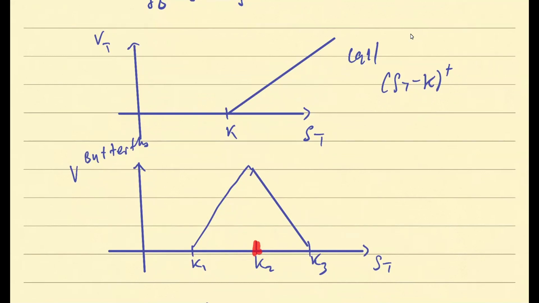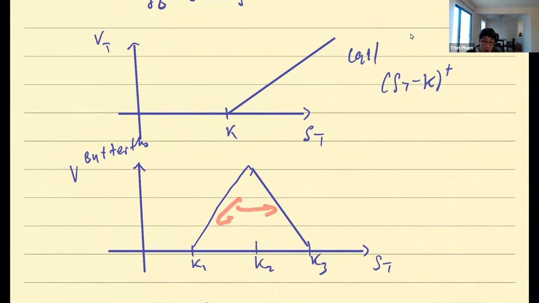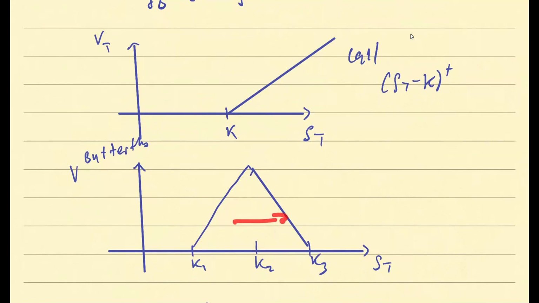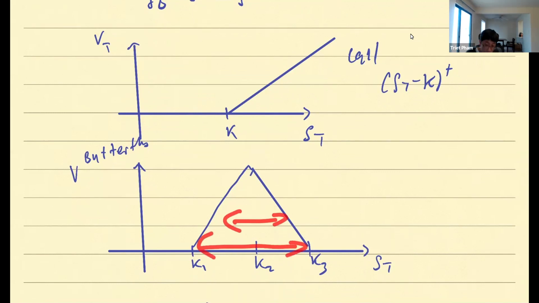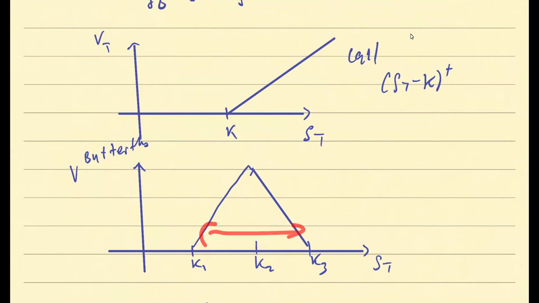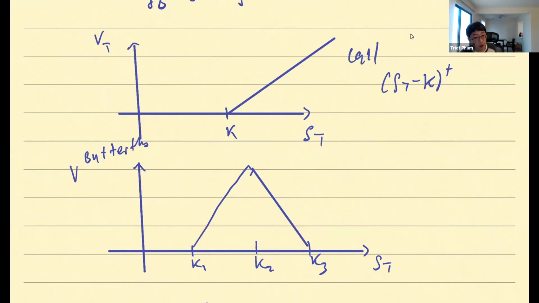Now, anyone who wants to invest would want to not lose money, meaning they would want to have a positive payoff. In other words, they want the stock in the near future to only move within this range. But if they want the stock to move within this range, it means it's not very volatile, because that range is small. You do not want the stock to go out there, because if it goes out there, you get paid nothing. So a butterfly investor is betting on low volatility in the near future?